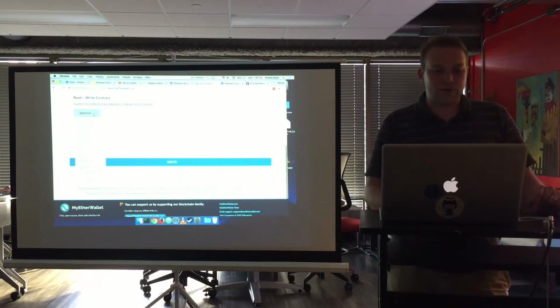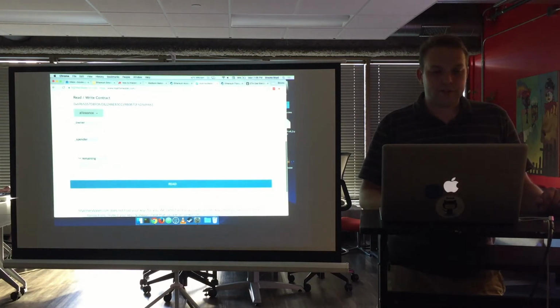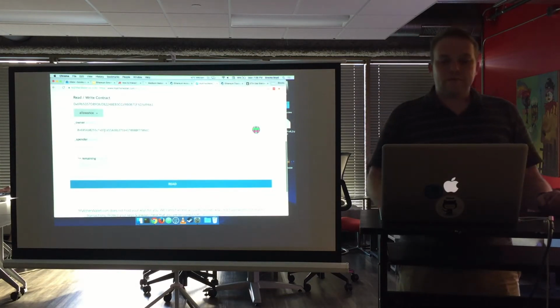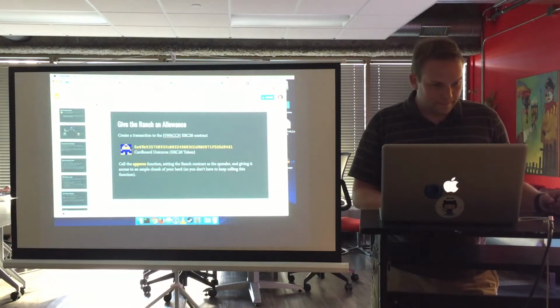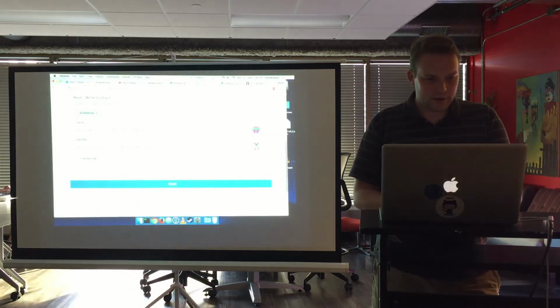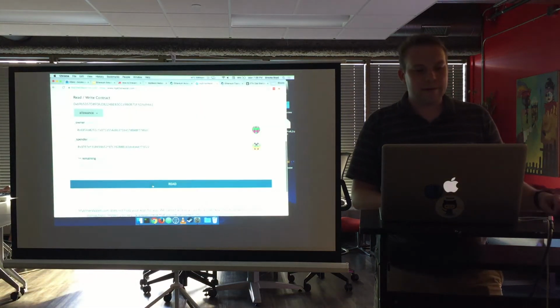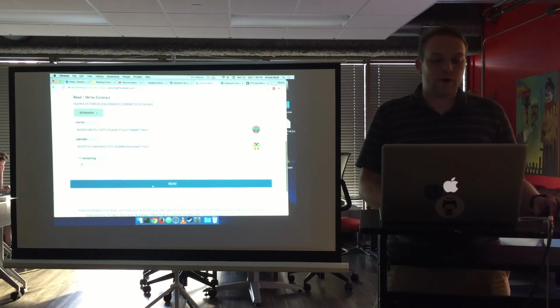And actually, I've done this one already, so let me double check. The approve is to grant a new allowance. To actually look up the allowance, I want to see that one. I want to see from my account, I'm the purple horns one, how much of an allowance I have given to the ranch. So I'm going to look up that much and read 2. It's allowed to still take 2 more of my Hwatch.